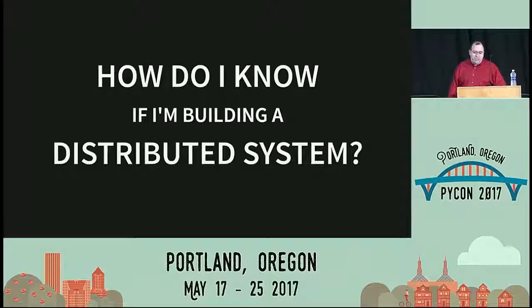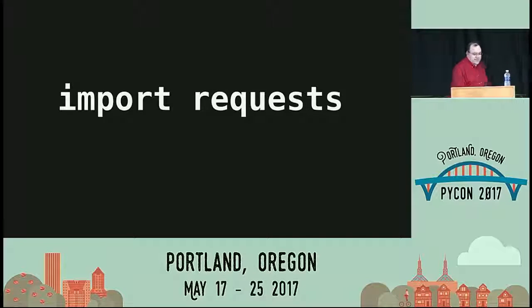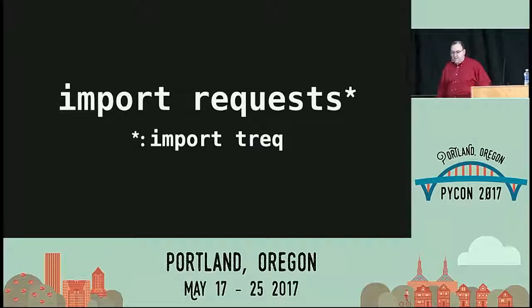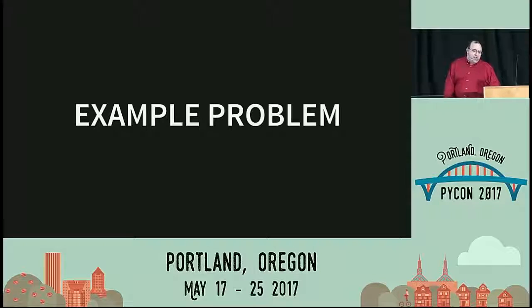So how do I know if I'm building a distributed system? Let's say you don't believe me, you think that you're just a software developer, you're not a distributed systems engineer. It's easy, you could just grep your code for this one simple line. If your code imports requests anywhere, then you're building a distributed system. Or anything else that performs the same function, of course, the Twisted equivalent being no exception, but we'll get to that in a minute. Okay, so of course, all programs that use requests anywhere is